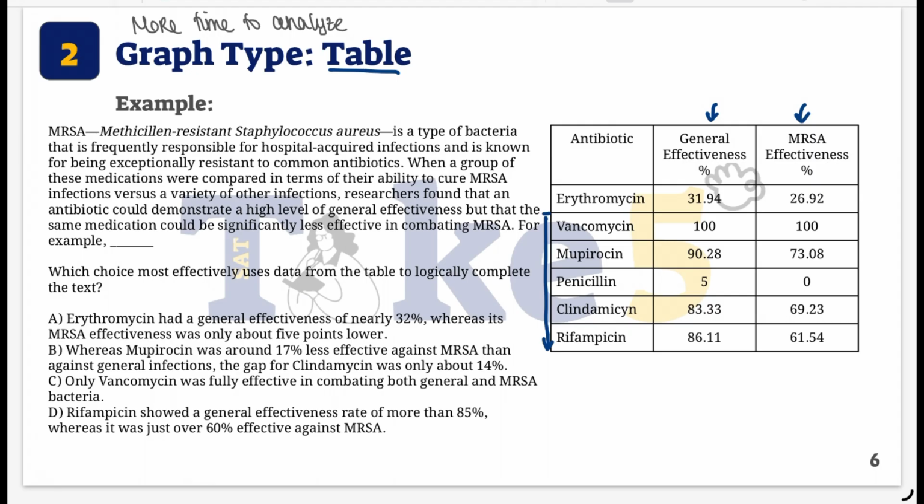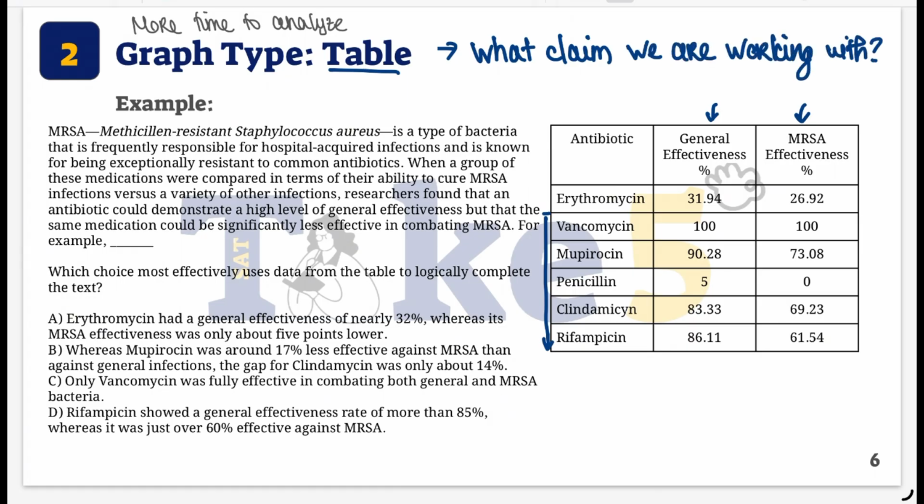Unlike line graphs that show trend lines or stacked column graphs that show the components of a whole, it's harder to analyze tabular data without any hypothesis to prove. This is why it's always good practice to read the text first to know what claim we are working with. Even though the question asks us, like an inference question, to complete the text,